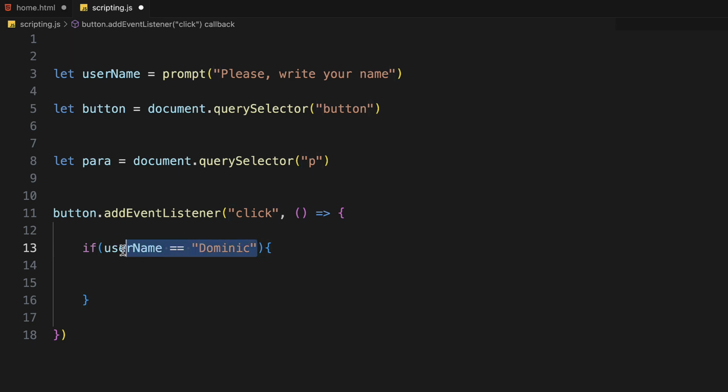Remember, this should evaluate to either true or false. So if the username is Dominic, that is, if the user provides the name Dominic, it means that this will evaluate to true, because then Dominic will be equals to Dominic. And if this is true, if this expression right here evaluates to true, then the code inside right here will be executed. So what do we want to say? We now want to say